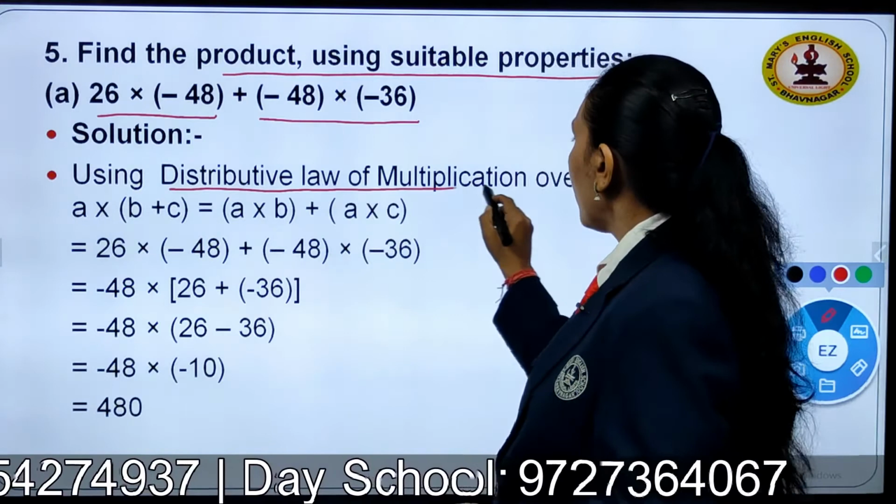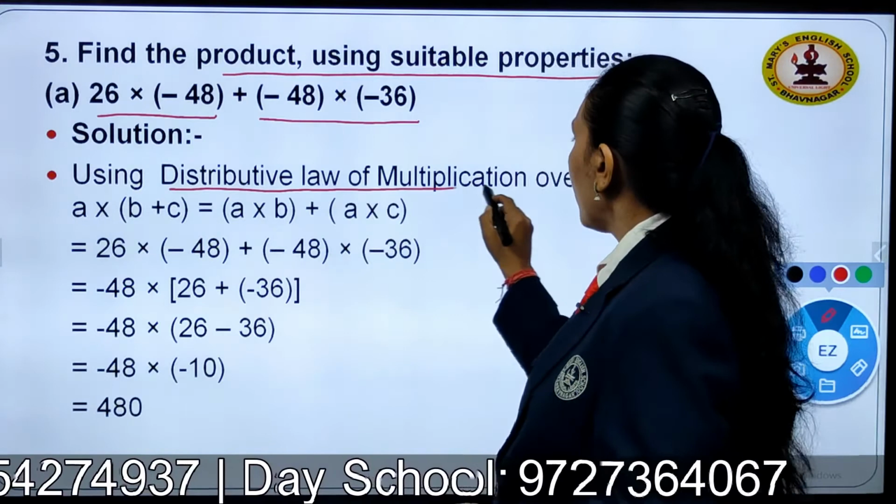Now you can see minus 41 multiplied by 100 plus 2. The number that is common, minus 41, will be multiplied with both the numbers in the bracket. So let us first multiply minus 41 into 100, again minus 41 into 2, and what sign will you put in the middle? The plus sign here, right? Now multiply the numbers: minus 41 into 100 will give me minus 4100, and minus 41 into 2 I will get minus 82.